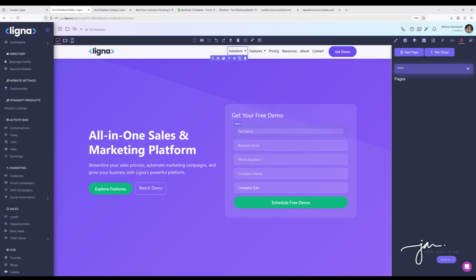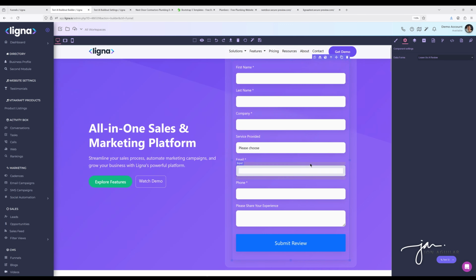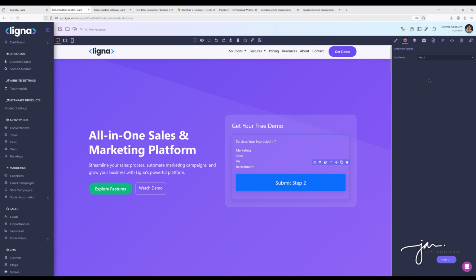This is live, any changes I make. Obviously this form right here is not the form within our system. So I would hit that and then drop down and grab whatever form I want. Obviously not that one, but kind of get the point of what form you can put in there. So this is